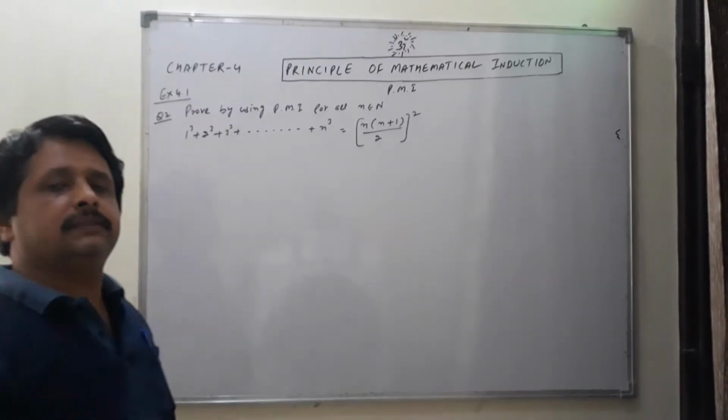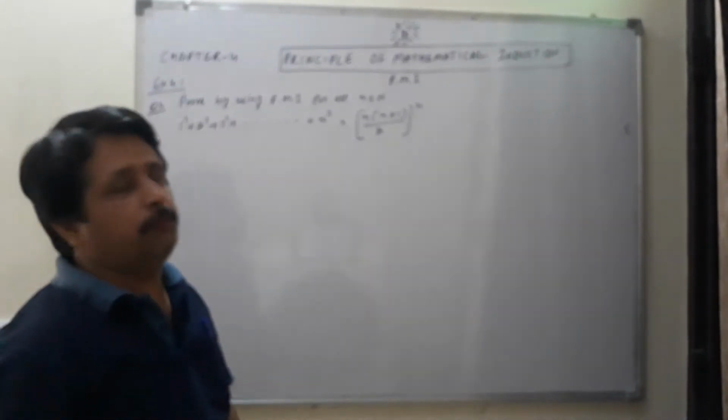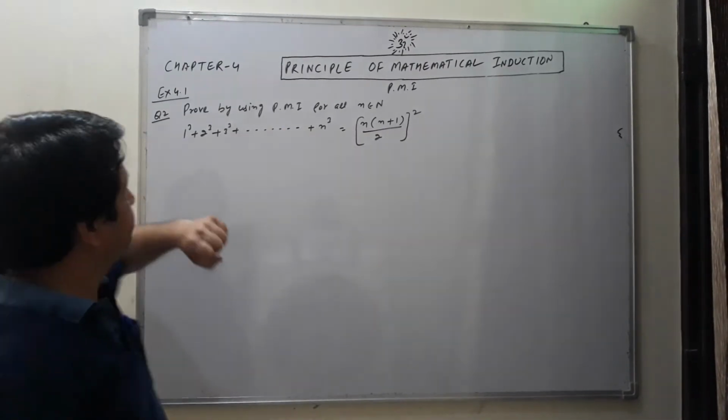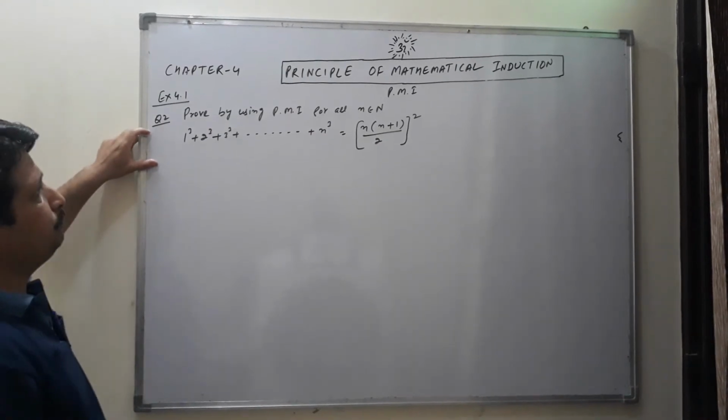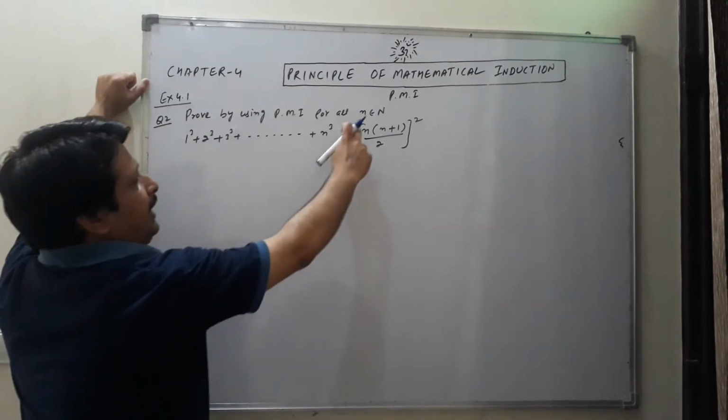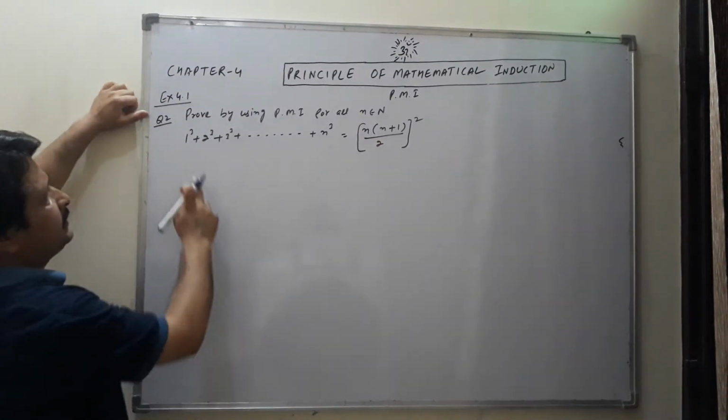Good morning, students. Let us continue with chapter number 4, Principle of Mathematical Induction, that is PMI. It's question number 2. Prove by using PMI for all n belonging to natural numbers,